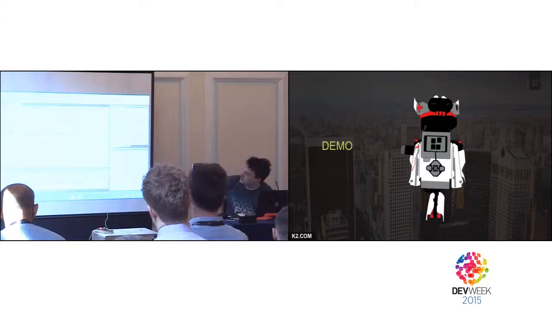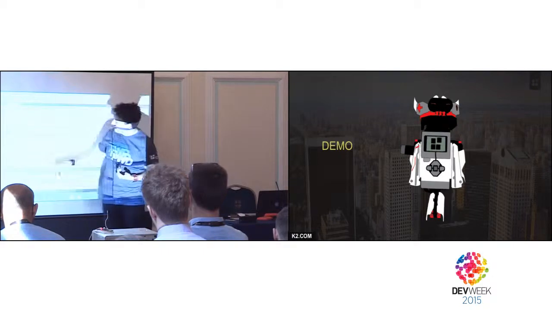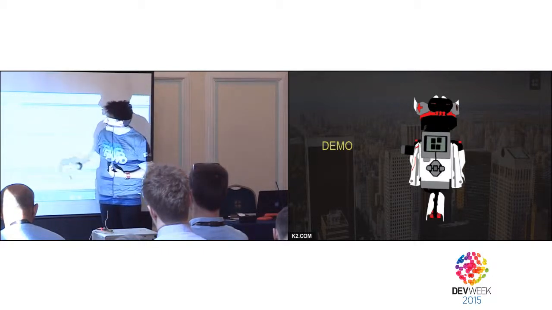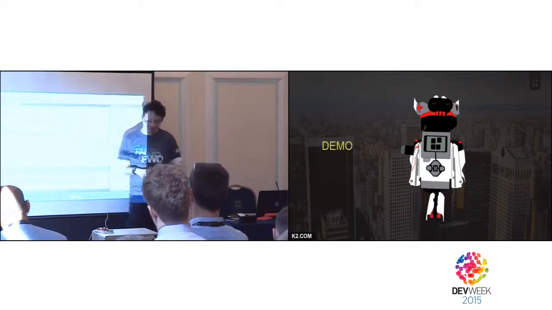I then have the actual code itself. Because it's REST, I need to do my authentication. So I have my tokens here and the device ID. And I've also got to pass in the URL of where the response needs to be sent back to.